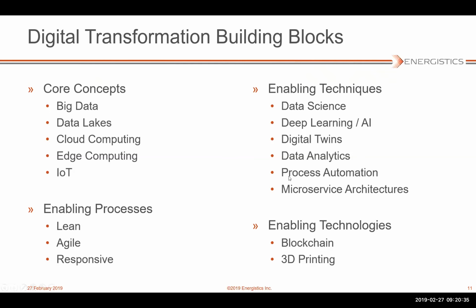And beyond just computing technology, they're also looking at things like blockchain or 3D printing to enable new ways of working. So 3D printing to be able to create custom parts in new and innovative ways that solve problems that couldn't previously be solved, or to reduce downtime and maintenance, and blockchain to leverage trusted, shared views of information that don't require a third party to manage that.